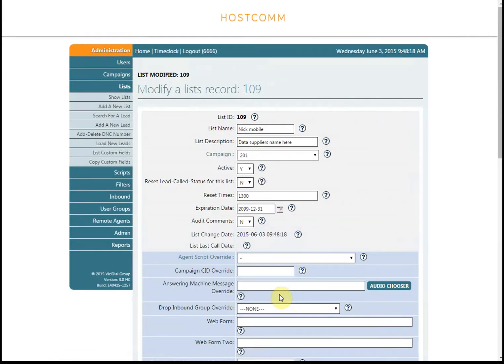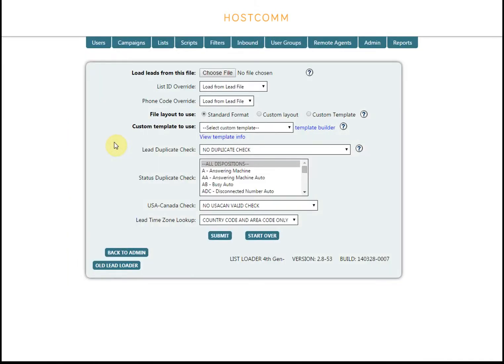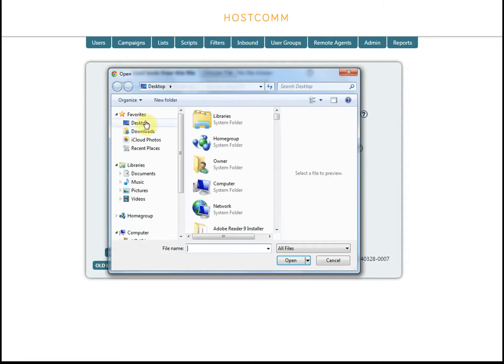Okay, so we've created our container for data. Now we need to load some leads into that container. So we click on the load new leads, and then we just browse to our file. Okay, I've got a file on my desktop with my mobile phone number in it, so I'm just going to put that in there,